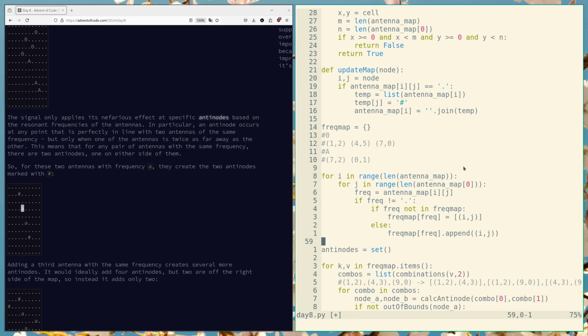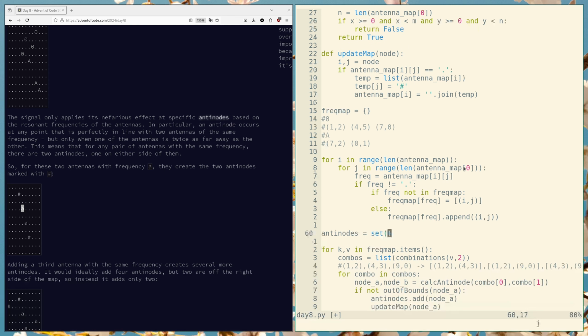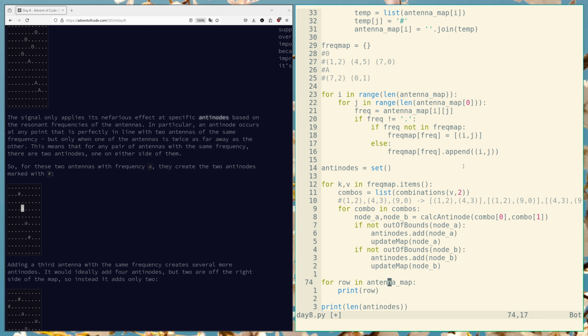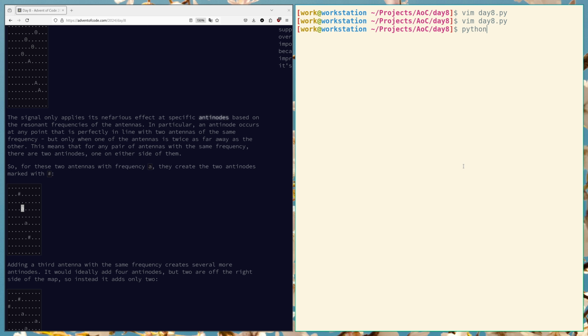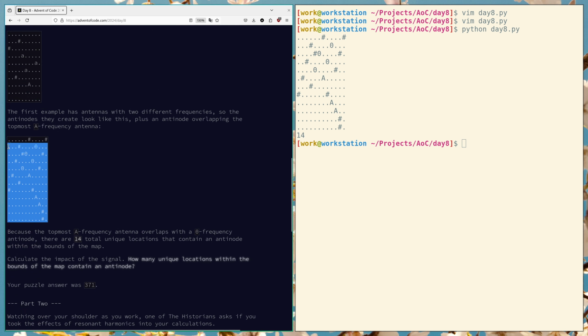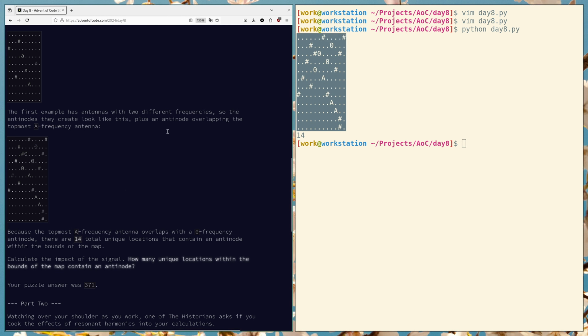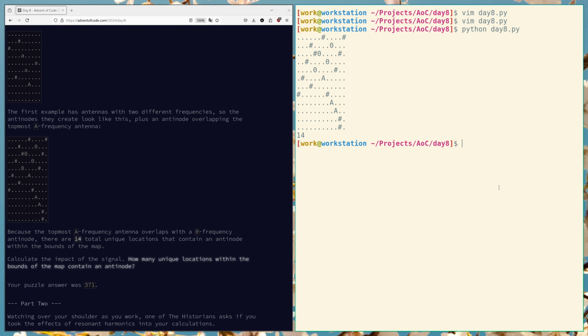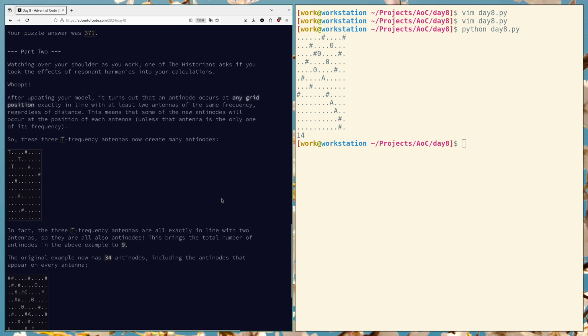So let's see, anything else I should mention here? But yeah, so I'll show you what it gives us. Yep, and that's exactly what they're looking for in the solution here. The total being 14 unique locations for antinodes within the bounds of the map. And then I actually have the map correctly visualized as they do. So that was part 1. So part 2 was a little trickier,